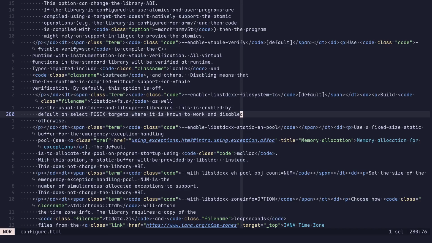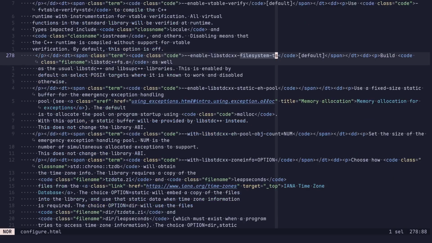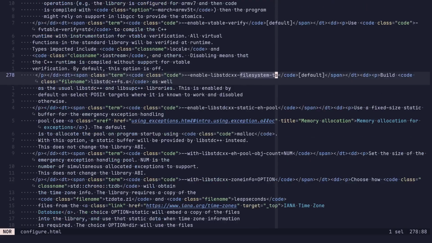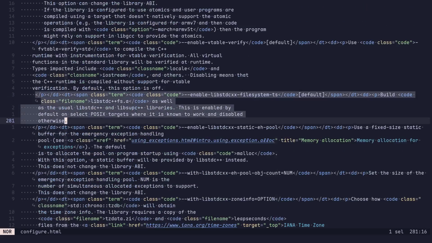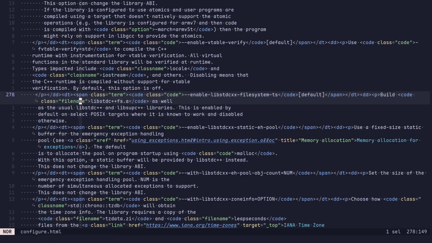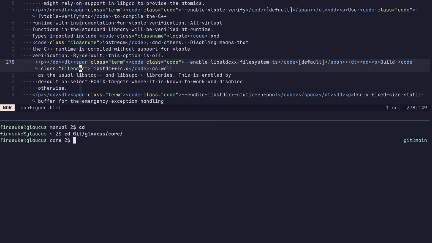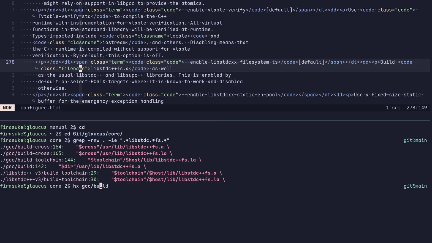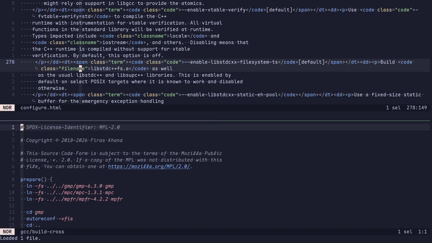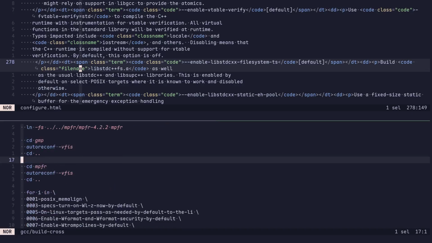Now, why did I disable this? I probably should have documented it. I was probably busy testing something else, so I was trying to shave. Oh yes, okay, so I remember. So lib standard C. Let's do a fs. Yes, okay, so I, sorry about that. So I was trying to